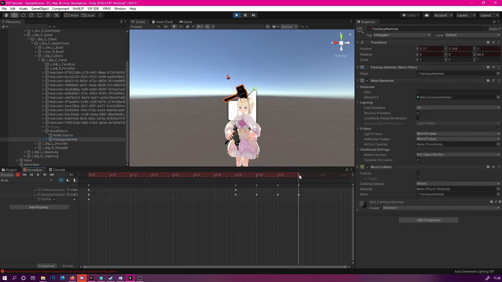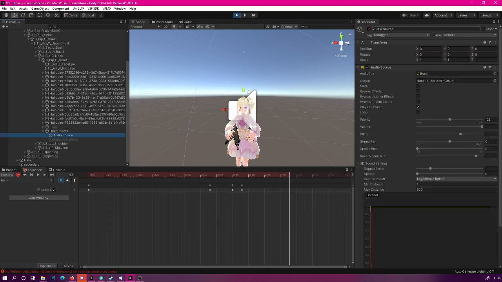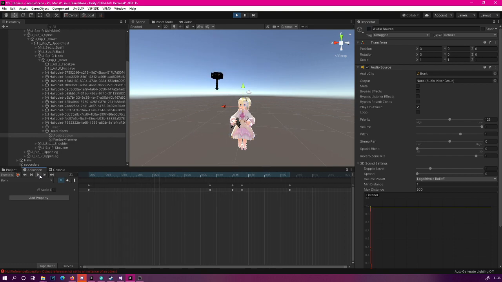So now we have two bonks basically. And I think at this point we're simply gonna make the hammer go away. So let's move ahead a few more frames again. And then we're gonna move the hammer away, like so. And in the end, we're also gonna toggle it inactive. And same goes with the audio file. Let's also reset that off, like so. And now let's click off the record mode and we can play this. And it might just work now. So let's leave the play mode.